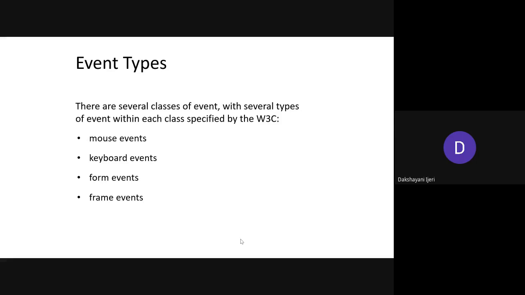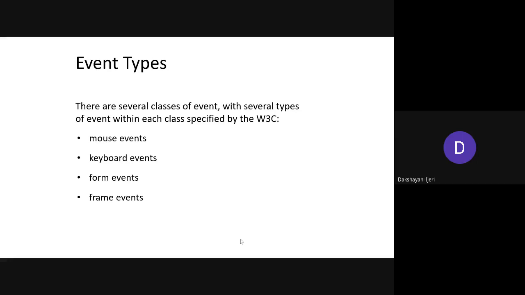Okay. So coming to the further concept, what are the different events that you can consider? Events are nothing but how you are able to interact with the web pages. The possible ways that you can interact with the web pages are through the mouse, through the keyboard, and, from the web pages, probably you are most interested in interacting through the forms and the frames. Okay, so you are not interested in the static elements there, right? Most of these events are going to be handled when you handle them with the form or the frame events.